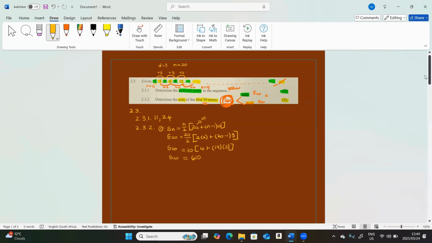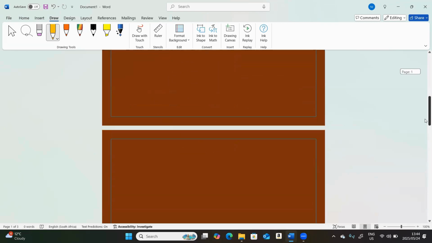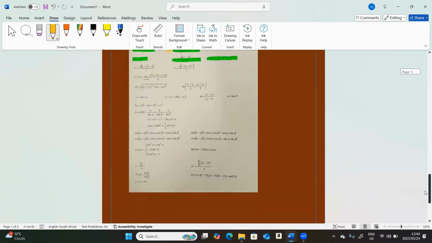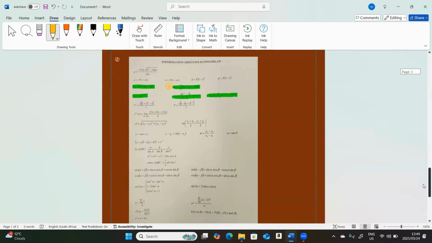Okay, now let's go to our formula sheet. We know that the sum of the terms for a geometric sequence has a different formula. So we need to go and get that. And this is the formula that we are going to use. Can you see the sum to n, or the sum of the first n terms? That's given to you as a times r to the power of n minus 1, over r minus 1. Okay, and guys, they just say